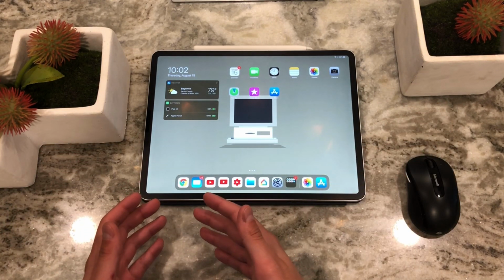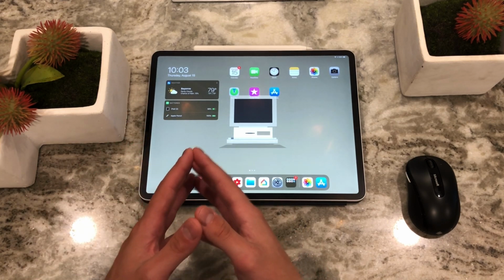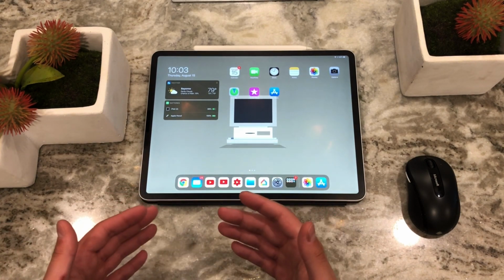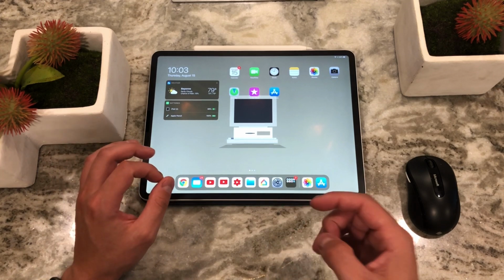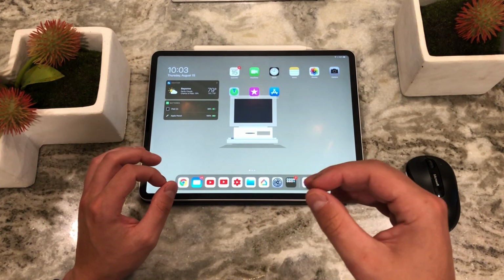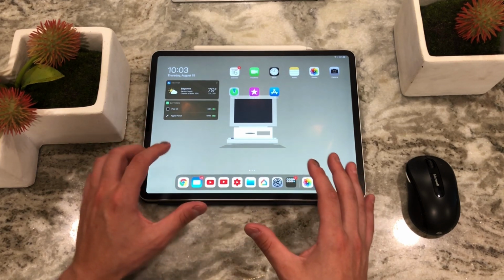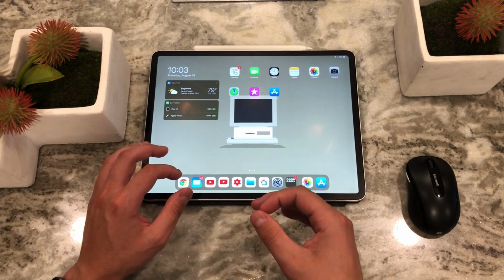But with Chrome, since it's not an Apple-based app like Safari is, I don't really use Safari. I'm a Chrome user, and everything is saved in my Chrome. So Chrome extensions for me are very important, because there's an application that we use for calling that uses a Chrome extension, and I can't do it, right? I cannot use it right now, which is kind of annoying,